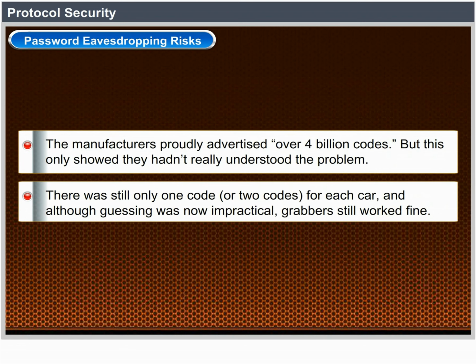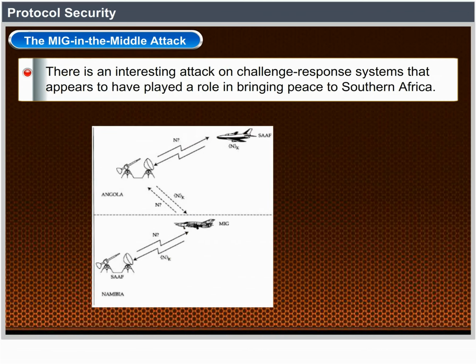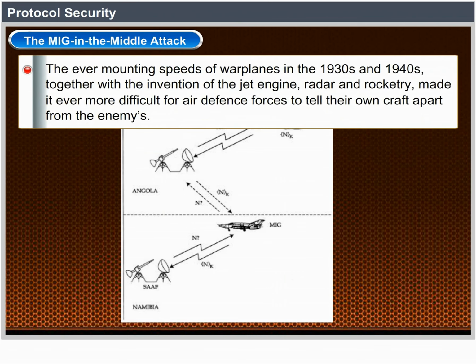The MIG in the middle attack. There is an interesting attack on challenge-response systems that appears to have played a role in bringing peace to southern Africa. The ever-increasing speeds of warplanes in the 1930s and 1940s, together with the invention of the jet engine, radar, and rocketry,